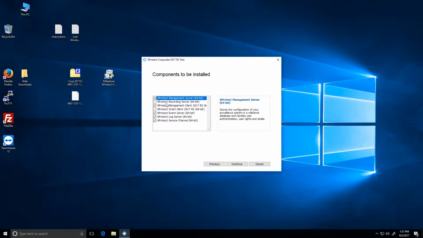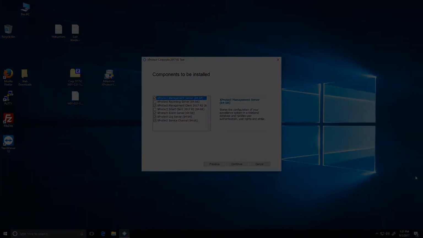You'll notice when choosing Custom that you are unable to uncheck the management server option. This is by design, as this installer is intended for setting up a machine that always includes a management server. You'll also notice that recording server is not checked by default, as that is expected to be installed onto a different server machine, and mobile server is not listed as an option, but don't worry, we'll later show you how to install this software onto dedicated hardware.